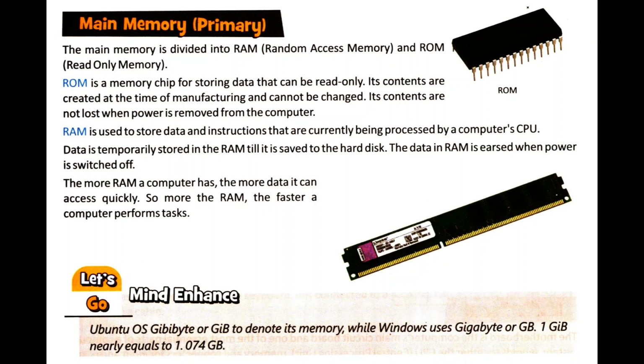The smallest unit to measure a memory is bits. That is byte, B-Y-T-E. 8 bits is equal to 1 byte. Similarly, 1024 bytes is equal to 1 kilobyte, and 1024 kilobytes is equal to 1 megabyte. 1024 megabytes is equal to 1 gigabyte, and so on. Ubuntu OS uses GiB to denote its memory, while Windows uses gigabyte or GB to denote its memory